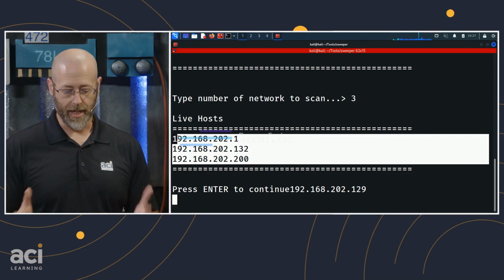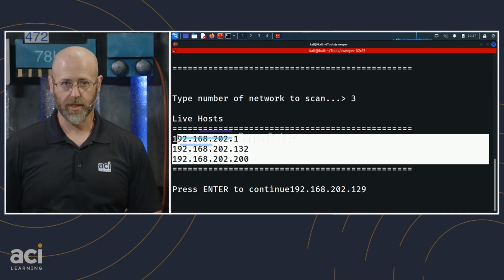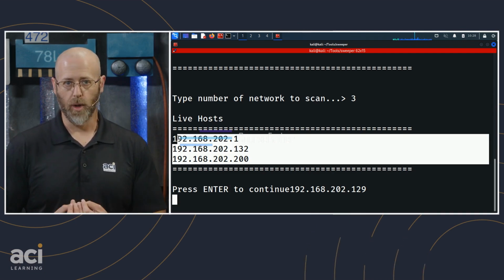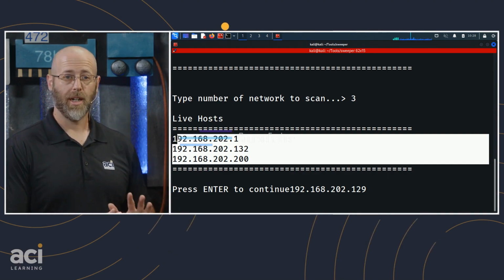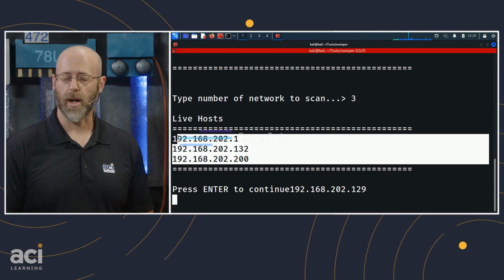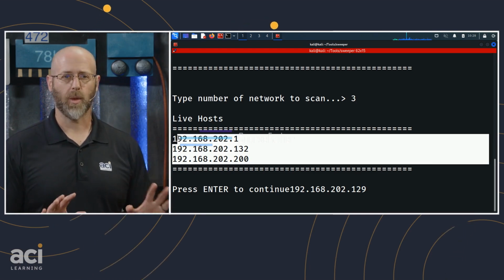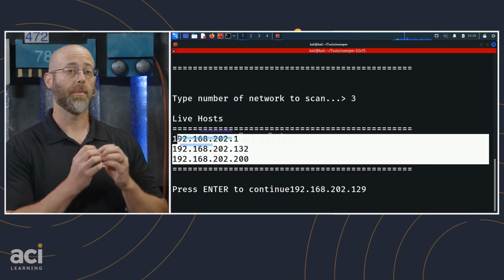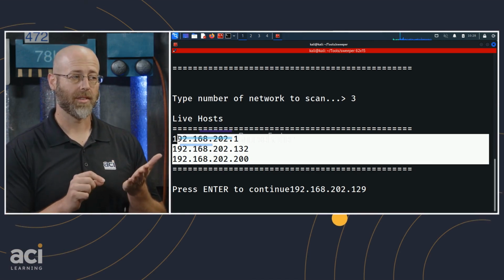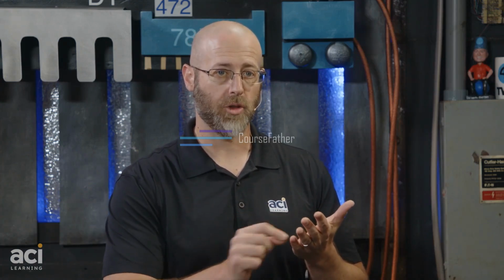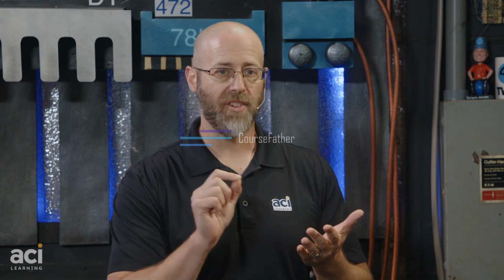But at the end of the day, if this is my network, I have successfully mapped it. I know what assets are there, or at least the ones that are responding. Of course, there could always be devices that are down or not responding for X, Y, or Z reasons. And that's why it's always nice that when you put something into place, you write down those details: there is a device here, it should have an IP address, it has a MAC address of this, this is the manufacturer, right? Doing that asset